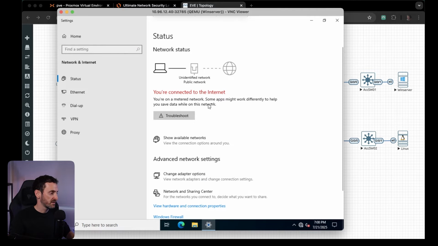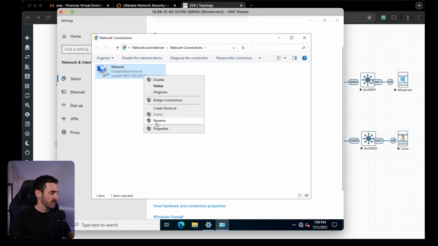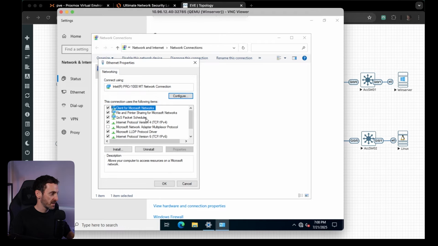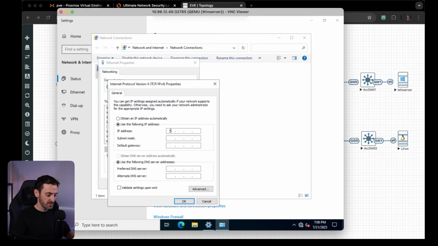So let's go in here. I'm just going to go into properties, and I'm going to set the IP. So this is going to be 10.3.1.12, with a mask of 255.255.255.0. 10.3.1.254 is the gateway. Now this server is also going to be a DNS server, so this will probably change,